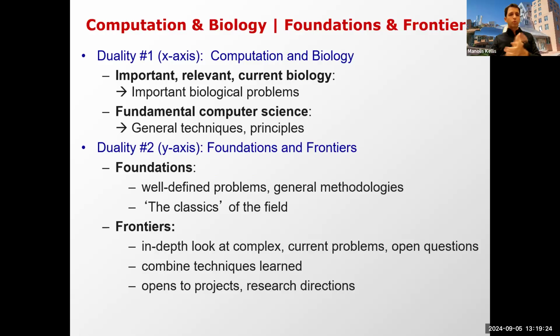So we like to think about the two dualities of the class. So basically 4 axes, if you wish. On one hand, there's computation and biology. We're going to be learning about real biological problems, not biologically inspired algorithms. We care about biology. We care about solving biological, chemical, medicinal problems. That's the first axis, biology. And the second axis is we don't just care to solve it with boring techniques. We care to teach you fundamentals of computation and analysis and AI and machine learning and statistics and algorithms that you will then be able to apply in many places. So these are the first duality, computation and biology.